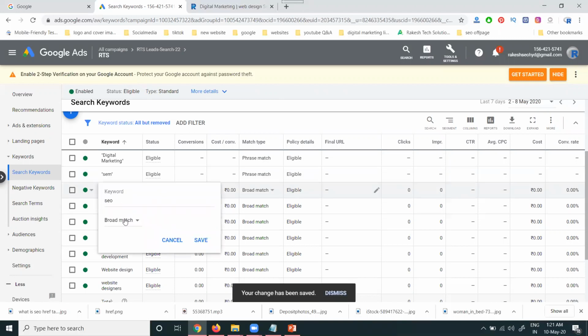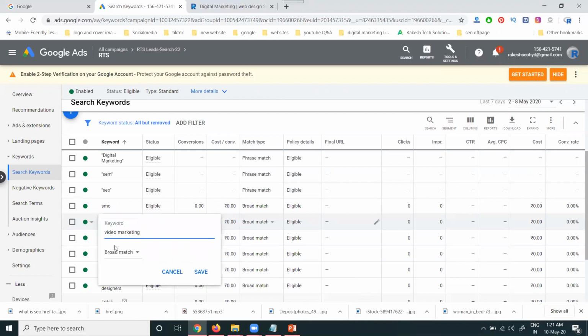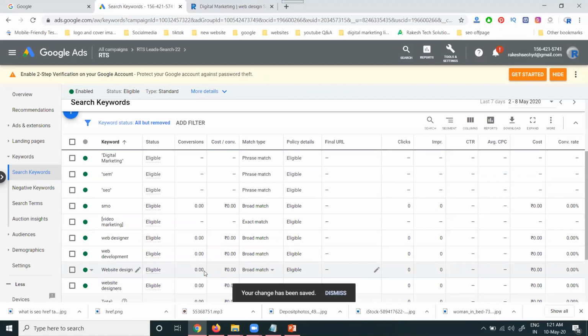With phrase match, the ad will be shown to customers. Before and after the phrase, you can write any keyword, no worry about that. They will show your ad in Google search results. This will be shown for exact match: when people search for the exact match, we can show your ad. So these are the steps you should follow for Google AdWords search network ads. The purpose is generating business leads by calls and also generating website traffic. This is how to generate calls for your business.